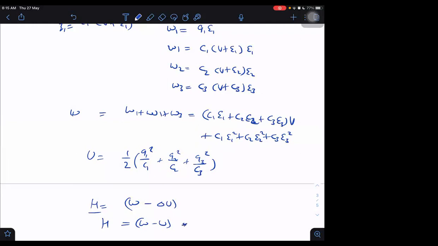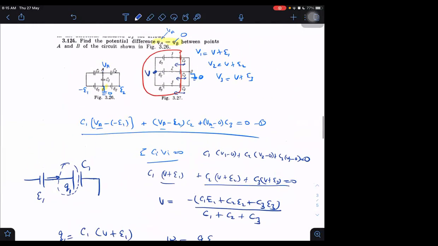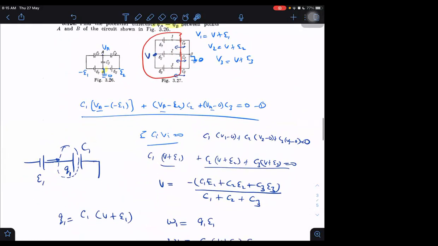Another question I can ask: what is the heat produced in the first branch or the second, the separate heat produced? If I ask what is the heat produced in a separate branch, can we determine it or not? Let me think first myself. I may have to give a small resistance here. Let us say it has small resistances R1, R2 and R3. So what is the heat produced in R1, R2 and R3?